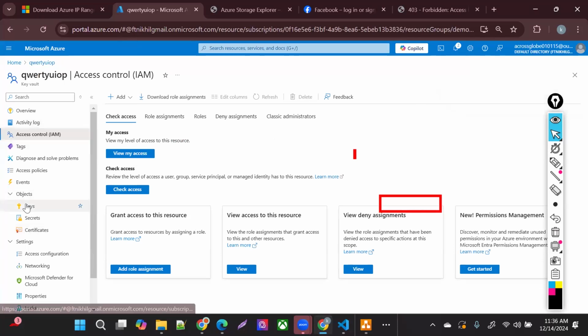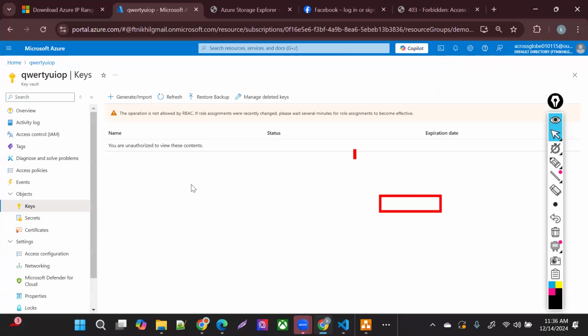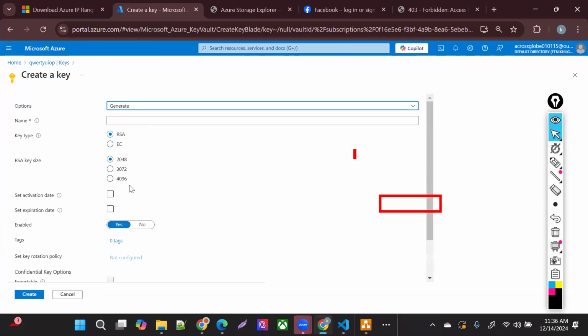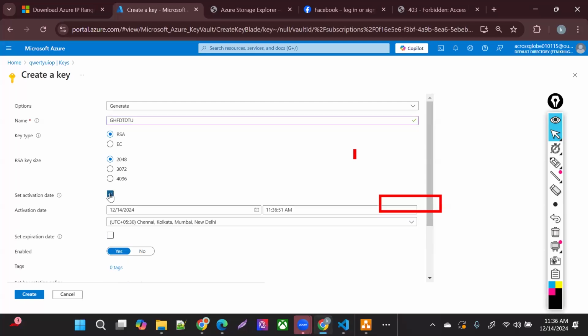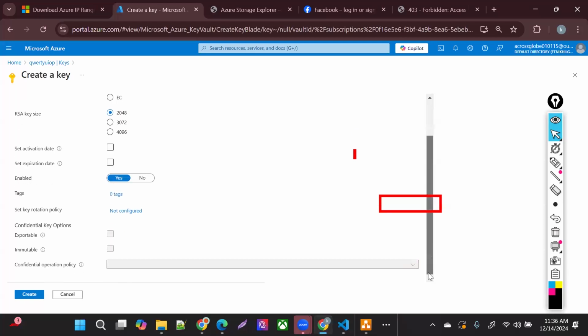Now let's try to do it again. I have that key vault Owner role on this thing. Now try to create that certificate or try to create those keys. Let's say I'm creating a key and putting in the key name. It's a key type RSA or EC, whatever. RSA size 2048 or 4096, whatever you want to put, you can put it there. For activation, let's say that particular day it's going to activate, and then this day it's going to expire.